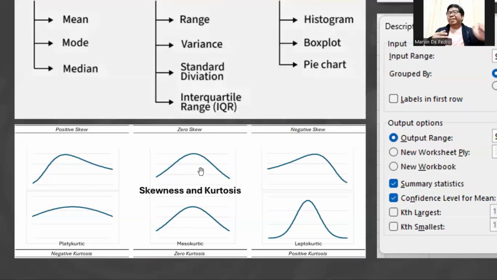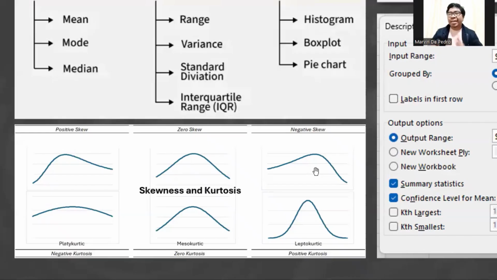In other words, if our data is not normal, if it has either a positive skew or negative skew or a more complicated type of skew, then we can only use non-parametric statistical tests, which are complicated and mostly not available on Excel.